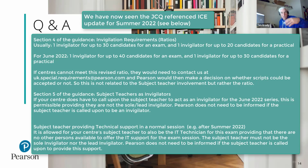But your question has been received and our assessment team are on the line, so we will take that and consider it. I mean, it's news to me. I don't know if my assessment colleagues knew that JCQ had revised that, so we'll have a look at that and address it on Friday night. Okay. So they might not have caught up with it yet, but it could be very...